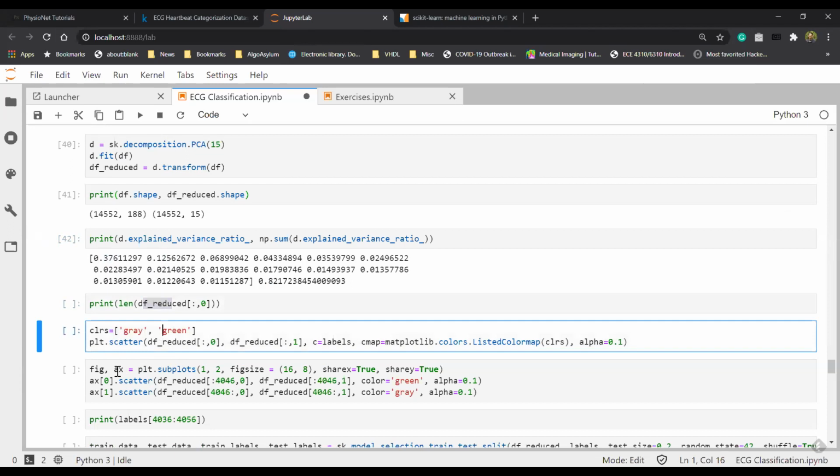Now, if you're familiar with MATLAB, this should not come as a surprise. plt.scatter, so create a scatter plot with the first column and the second column. The rest of it is just syntax. Use the labels column to determine whether it's a 0 or a 1, and color the 0 gray, and this CLRS is given out here, and the 1 is green. The alpha is just a transparency factor. So when I run this,